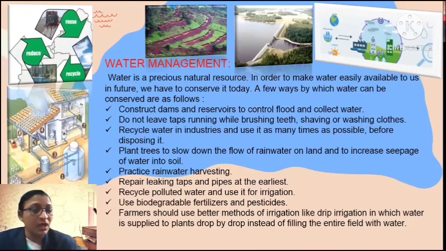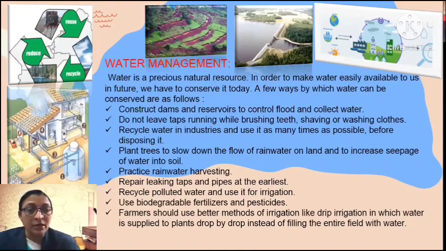Recycle polluted water and use it for irrigation purposes. Limit the use of chemical fertilizers, insecticides, and pesticides, which are responsible for making the water polluted and poisonous.